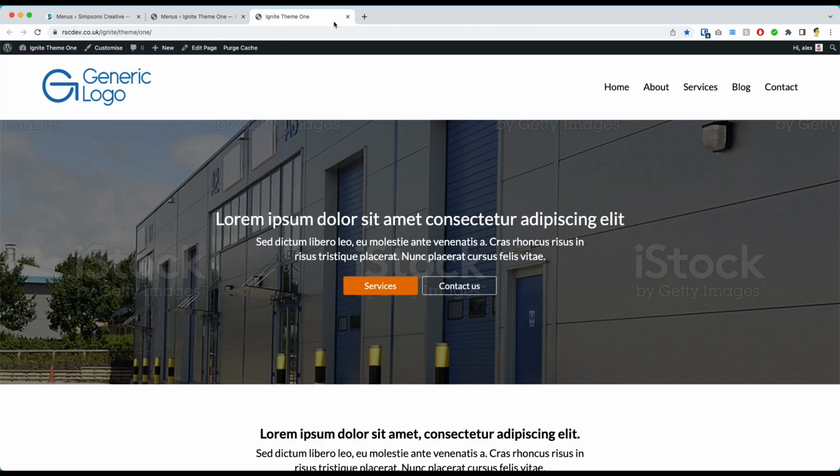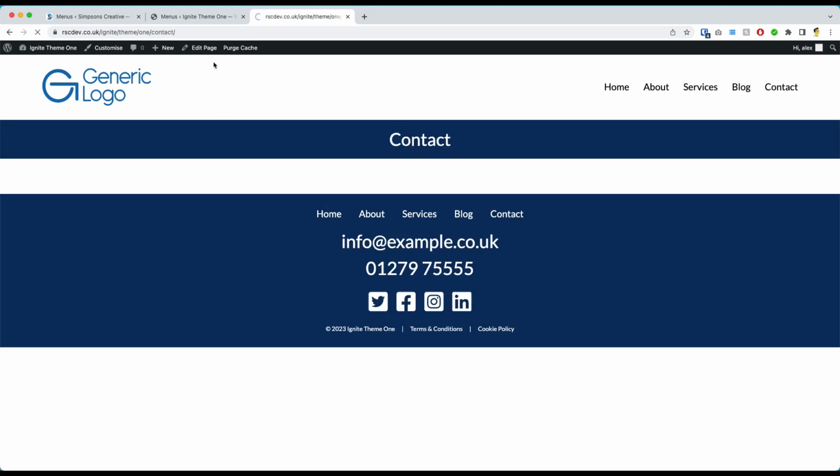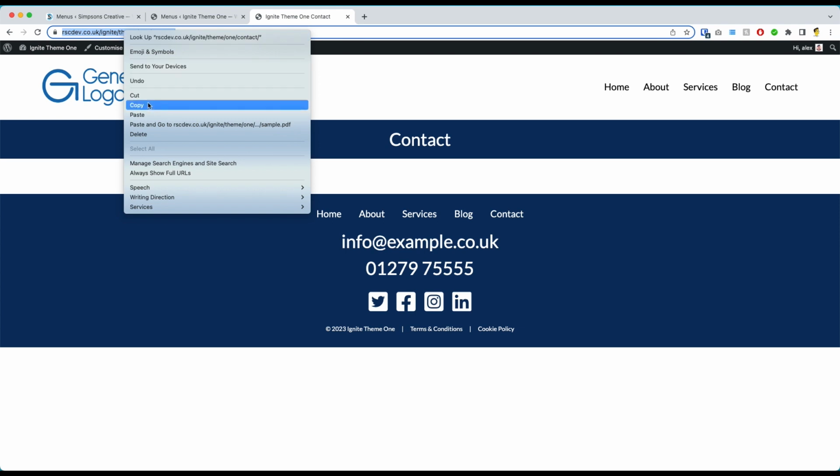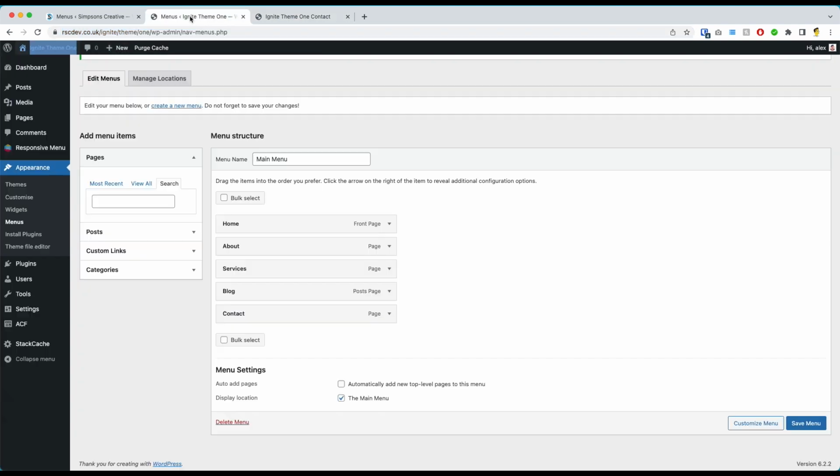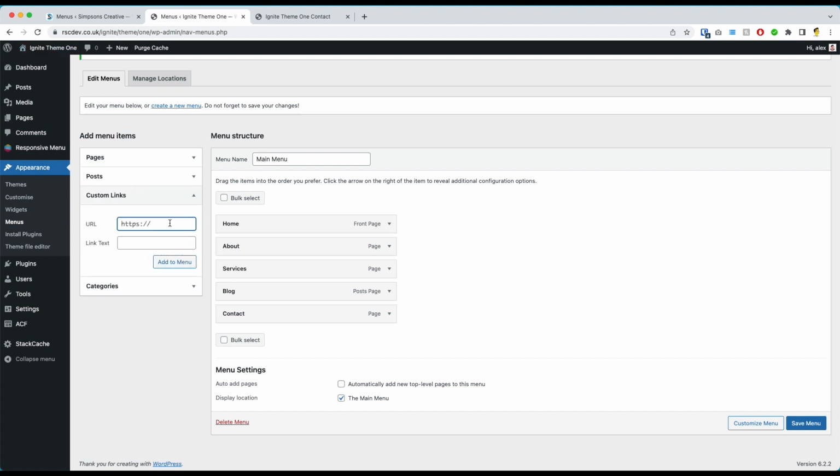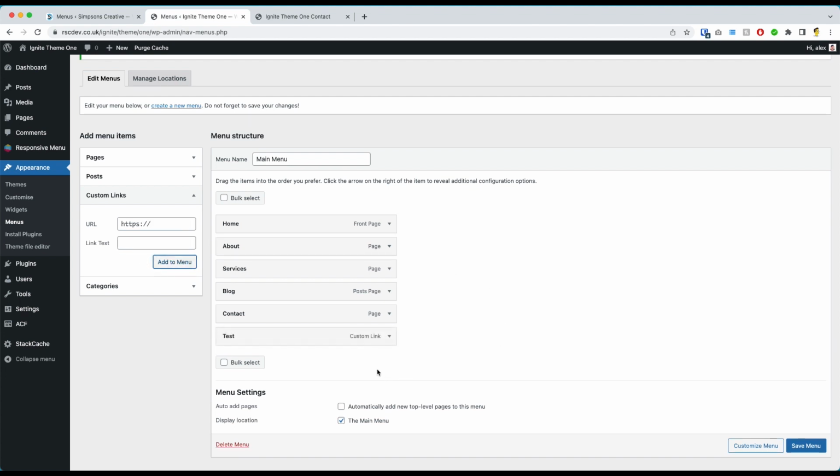So if we open a new tab and click on Contact to give us a different link, I'm going to highlight the URL at the top, right-click and copy, switch back to the menu option, and insert a custom link. I can do this by expanding it, pasting the link in there, and then typing the text that appears. So if we put test in there for now, and now press Add to Menu,